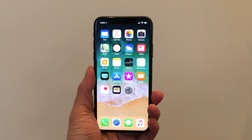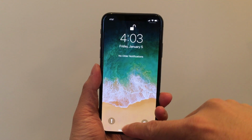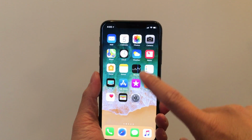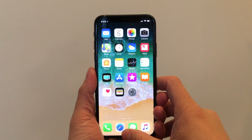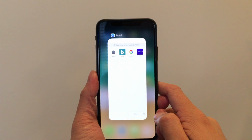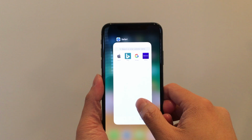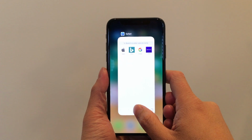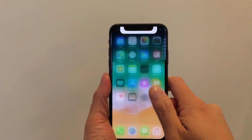To enable Notification Center, swipe down on the top middle of the screen. From the top right of the screen, you can swipe down to enable Control Center. Pro tip, swipe up right from the bottom to enable the application window. Hold down until the red minus sign appears, then swipe up. It seems some people mention swipe up and hold, then click on the red minus sign, which I feel takes